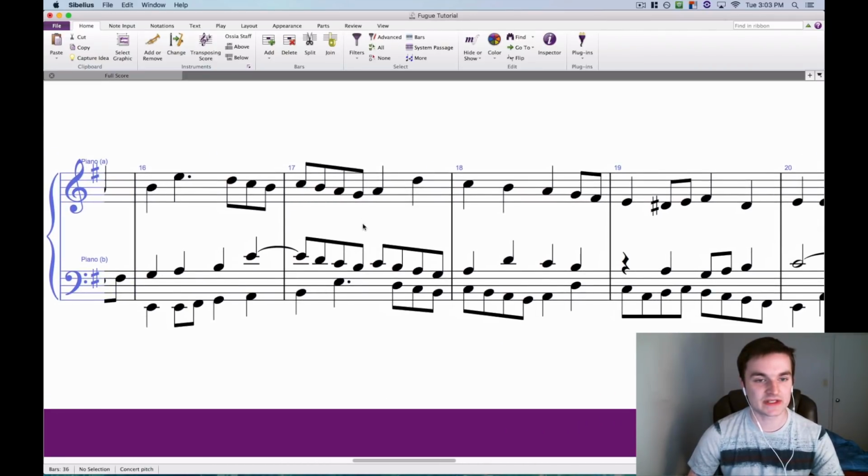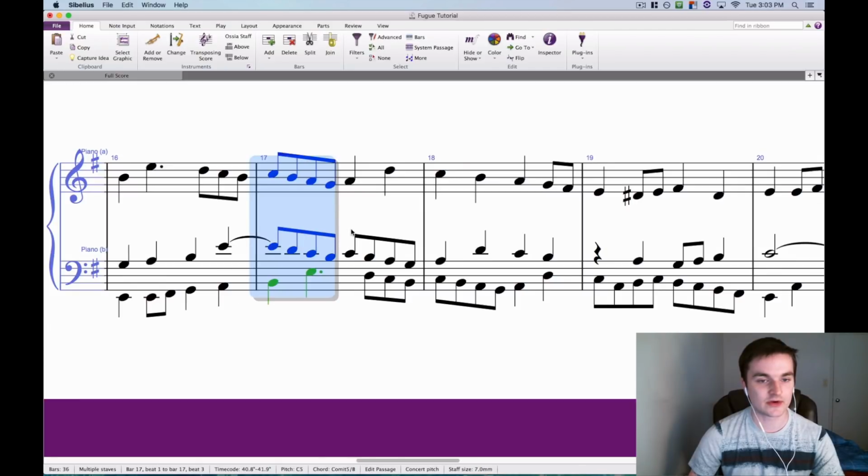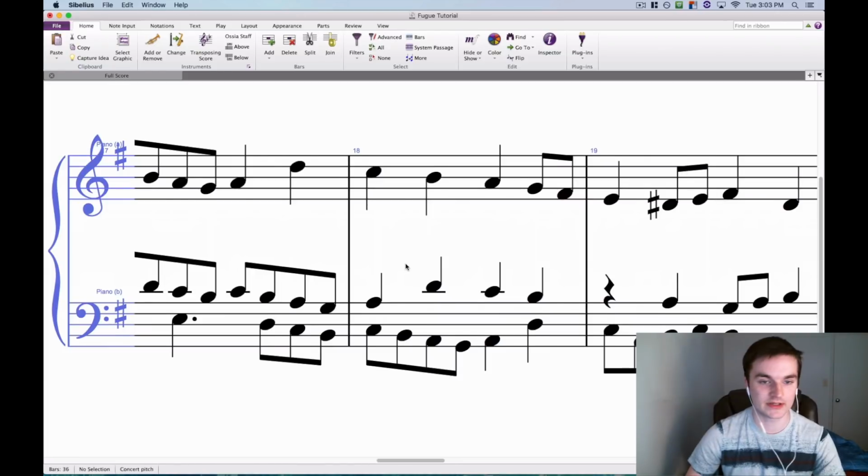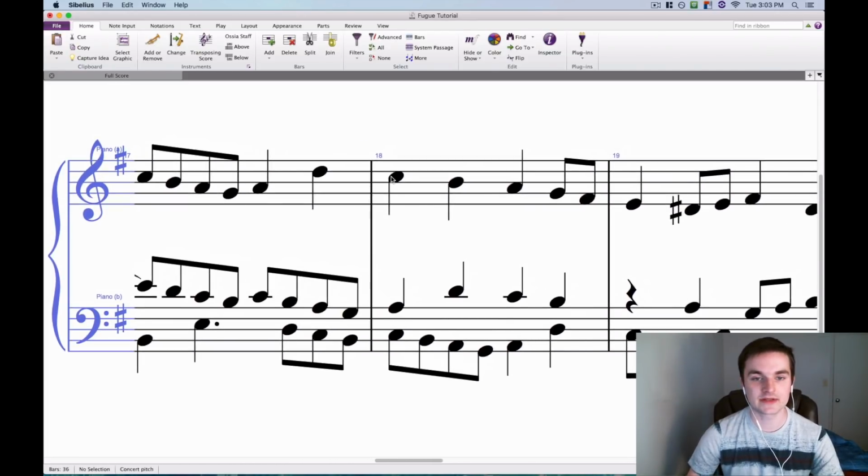So yeah, you can see it all works out nicely. These voices are together with those parallel sixths, and these voices are together with the parallel sixths. All works out quite nicely. And right here,